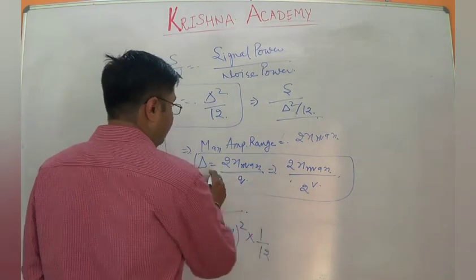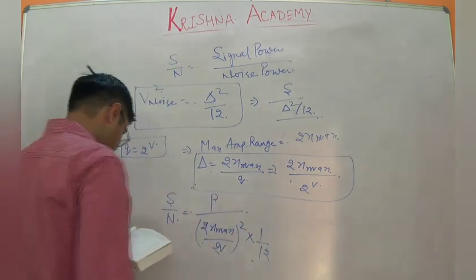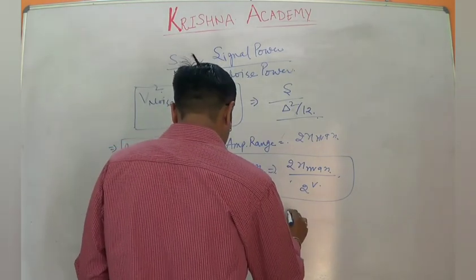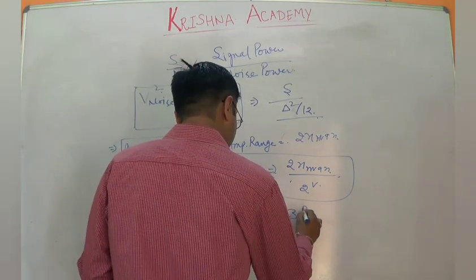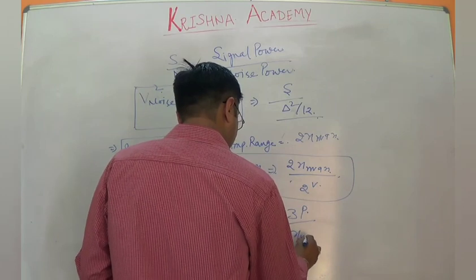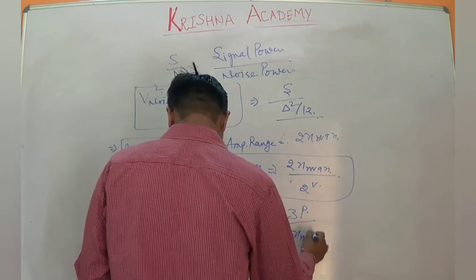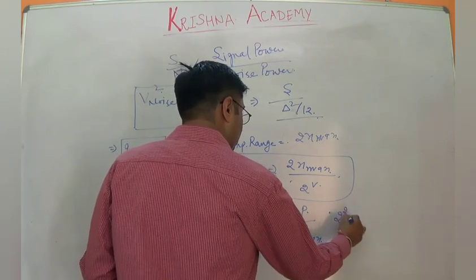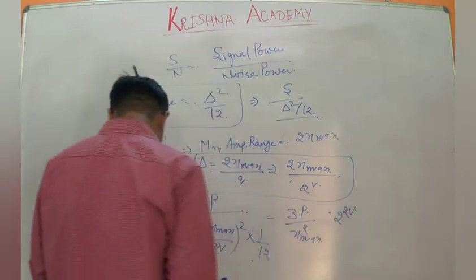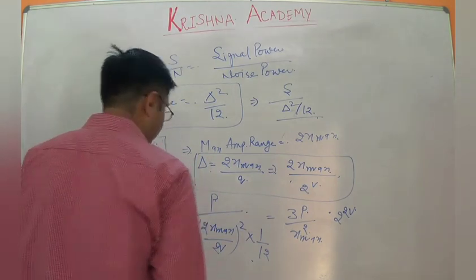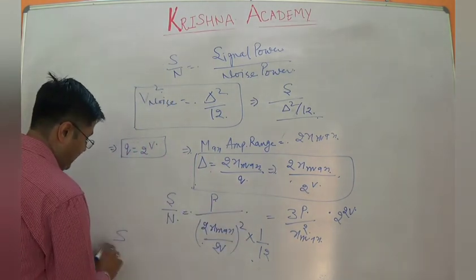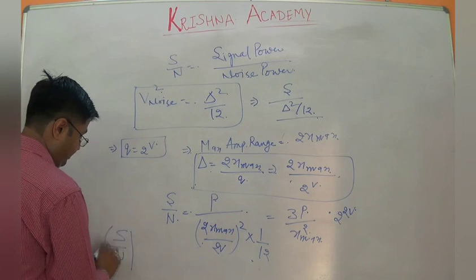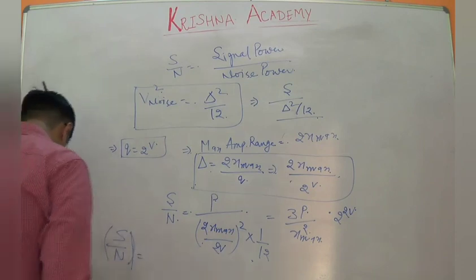We are putting the value of delta over here, and what we are getting is 3P upon x max square into 2 to the power 2V. So the Sn ratio in this system